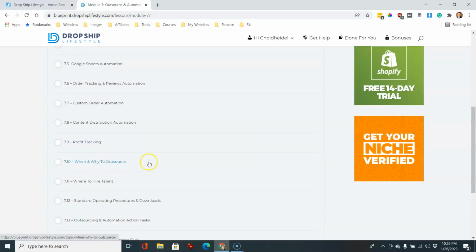And then once you get through automation, you can move into the final part of this module, and that is outsourcing. This is where you're going to offload some of the work that you've been doing in your business, such as dealing with service calls when somebody would call your phone number and have a question. You could hire a VA to manage that, or someone to manage your chat, or someone to manage email. You can hire these people in different ways, and they can manage all of that stuff for you so you can focus on the growth of your business, and you can delegate those tasks to them and you can focus